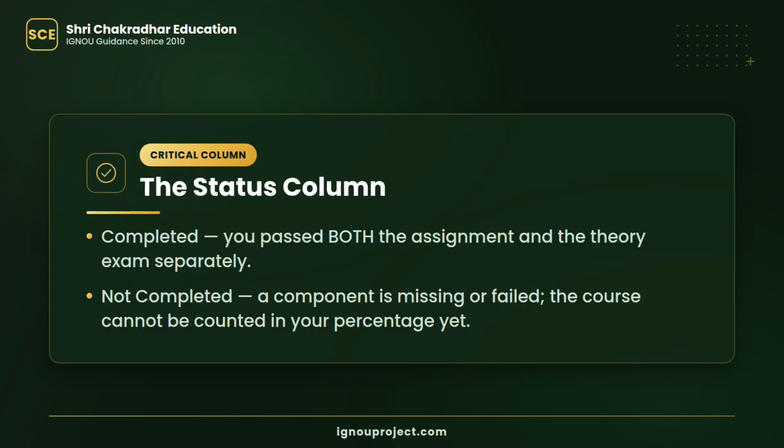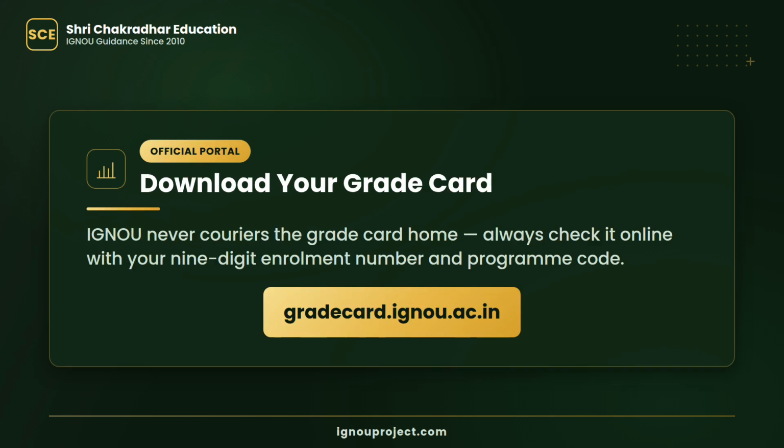The status column is critical. A course shows completed only when you have passed both the assignment and the theory exam separately. If either component is missing or failed, the status shows not completed, and that course cannot be counted in your final percentage yet. To get your latest marks, download your grade card from the official portal